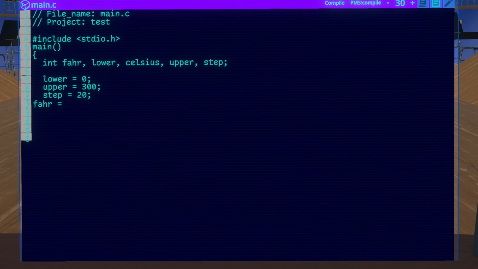fahr equals lower. So we're going to set Fahrenheit to be 0, so it's not null. Because in C, usually you'll hear a bunch of people complain about null pointer dereferencing and a bunch of stuff. But since we're not actually using pointers for this example, even if you want to run this on something like